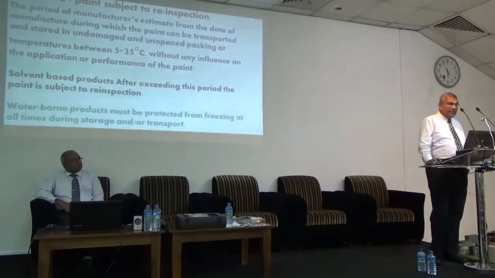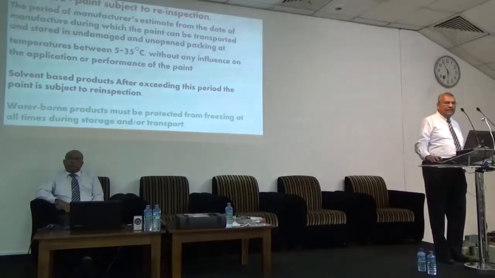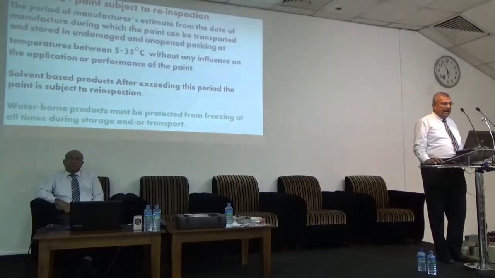like chocolates, are given with the production date. The production date is now given on the tin. So you have 2 years, or sometimes thinners are 5 years. That is up to the manufacturer to specify. So the shelf life is, if you store it at 5 to 35 degrees in cool storage and in unopened packing, you have a shelf life of 2 years or 3 years or whatever.